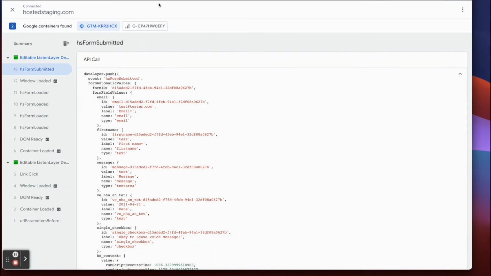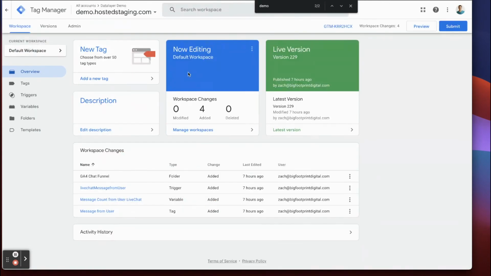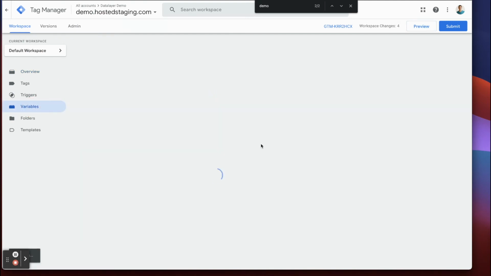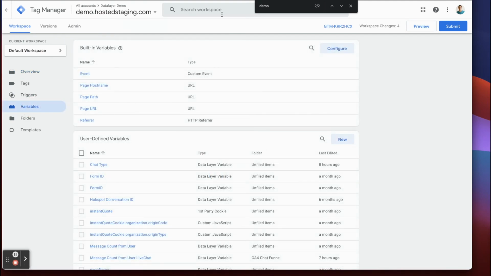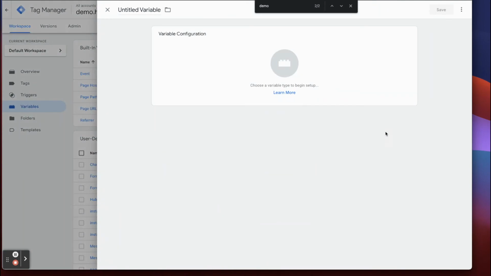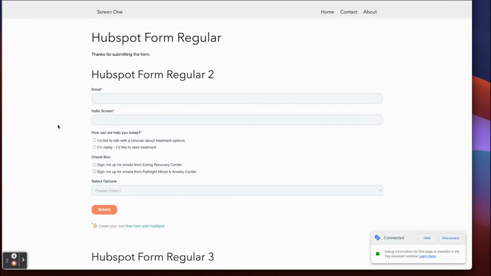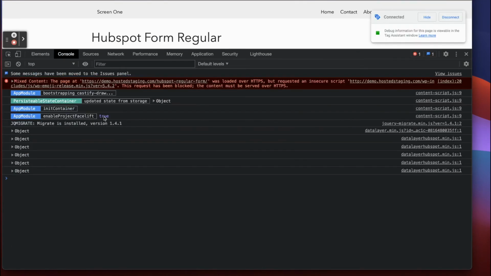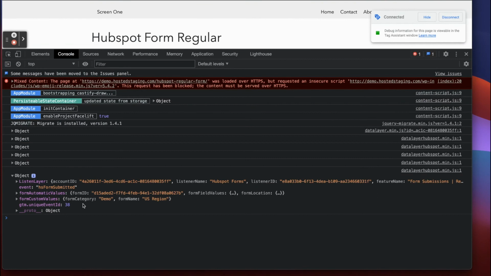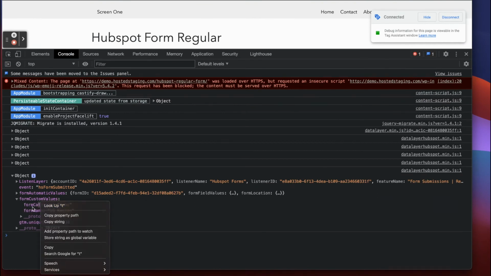So now from this point, if you've made it this far, you're probably a relatively advanced user and you understand in Google Tag Manager that we can easily create variables now to capture that custom information that we just published into our data layer. And just to show you a little bit of a shortcut, if I want to grab this value like form category from my console, I can actually just